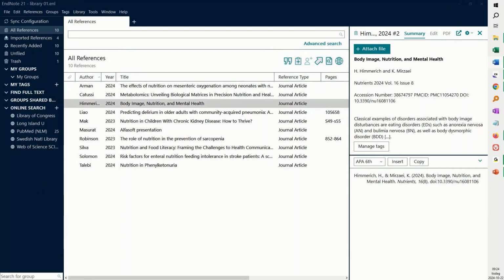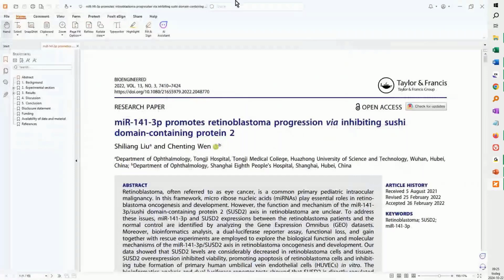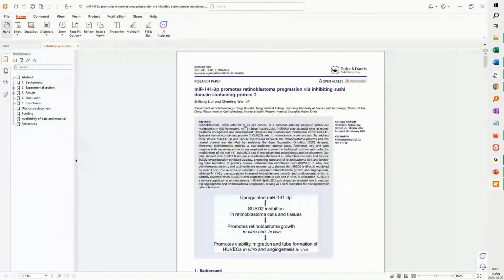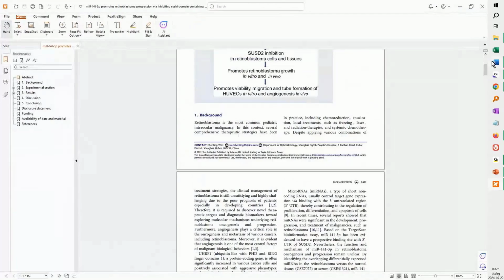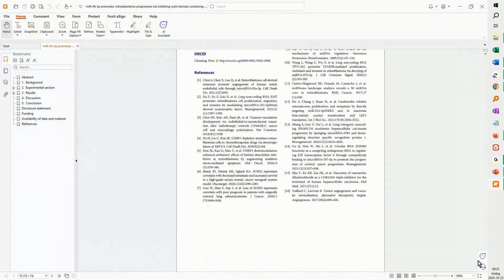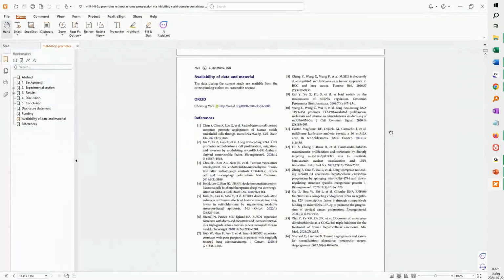So a lot of people contact us and ask, okay, so I have an old document, for instance, or old manuscript with a reference list, and I want to add that reference list into EndNote. Or they find a journal online, so that's what we're going to do here. See if I can get this going. Here I have a published article, and if I scroll down to the end here, you will see that we find a reference list, and I would like to add